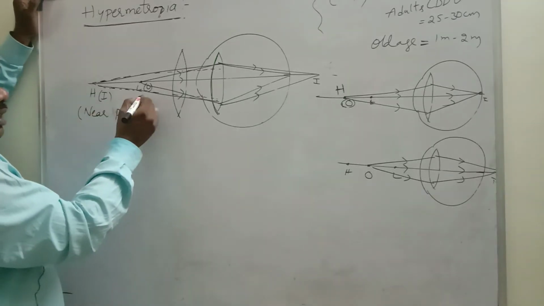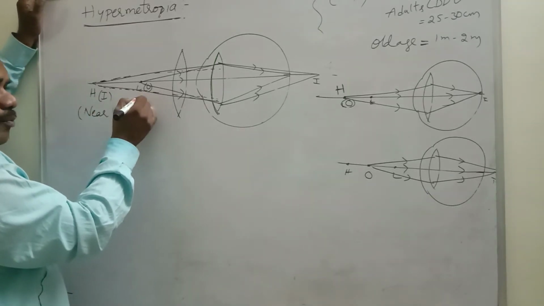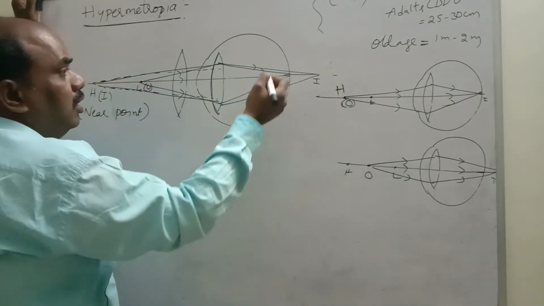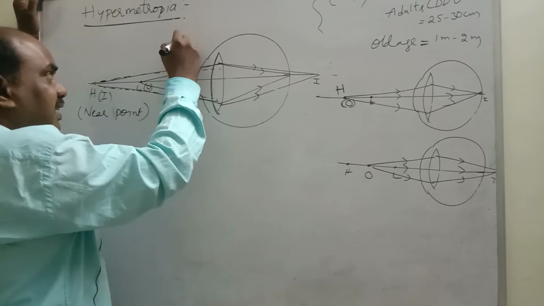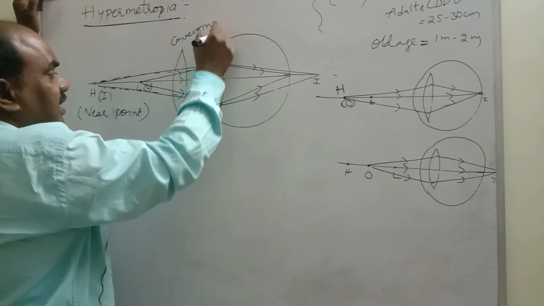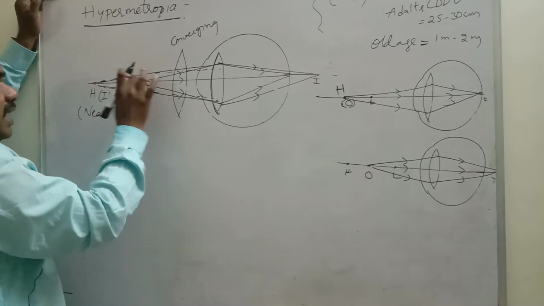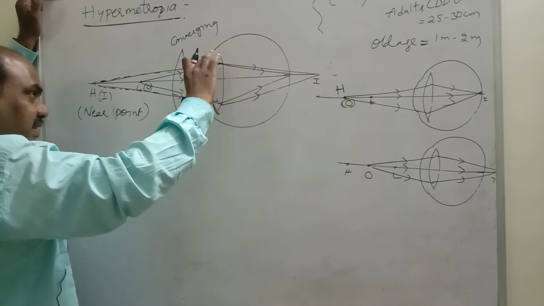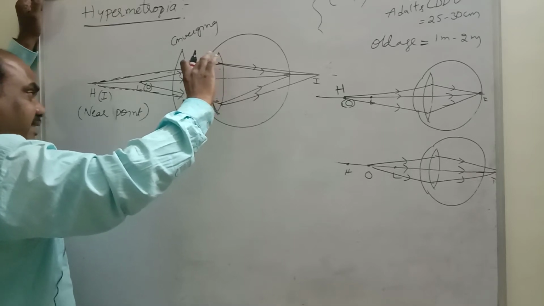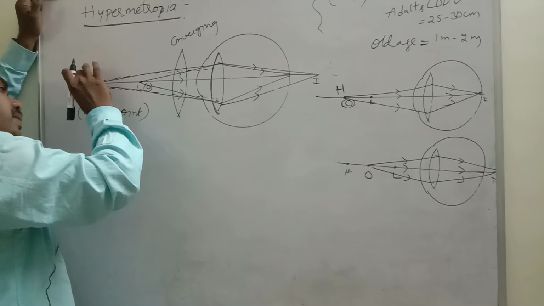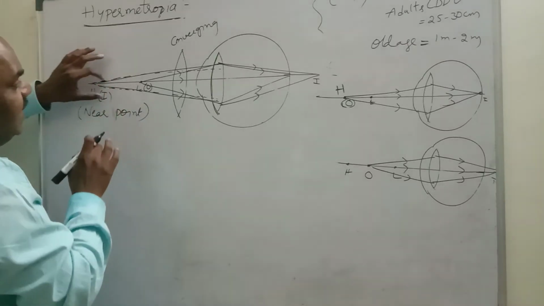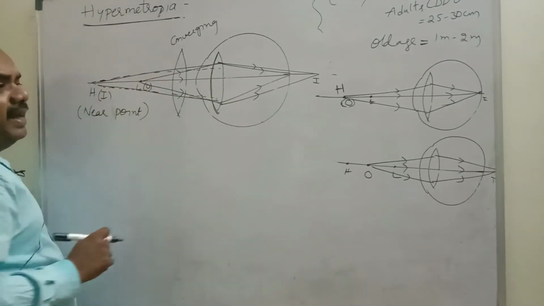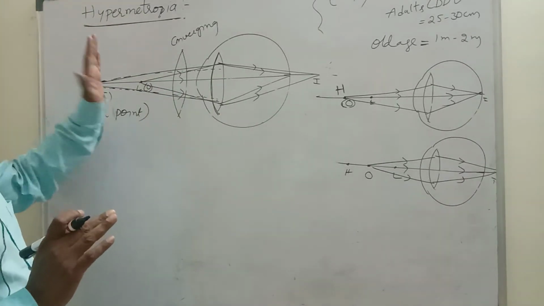Summary once again. Let us consider the object is placed at L. If the object is placed at L, the image forms beyond the retina of the eye, so we use a converging lens. If you use a converging lens in spectacles, all light rays coming from the object fall on the eye lens, converge again, and fall on the eye lens, which again diverges them. The diverged rays meet at H. This image acts as an object for the eye lens and makes the final image fall on the retina of the eye. So the problem will be rectified. This is the correction of hypermetropia.